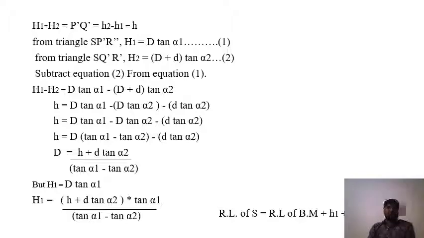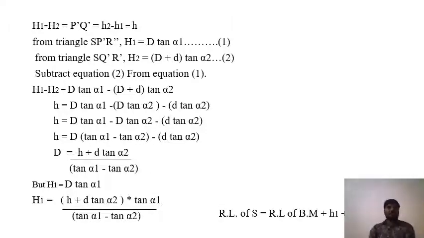Let's go to the equation. Now h1 minus h2, because our nearest object is higher, that's why we are going to take h1 minus h2. It is h2 minus h1 is equal to the height difference. We can call it h. We have seen again from the triangle PSR, we found before D tan alpha 1 from the triangle. This is what we have already taken in the first case. So subtracting equation 2 from 1, we get h1 minus h2. This is the common thing that we have seen in the previous case. So we simplify it and we get this.